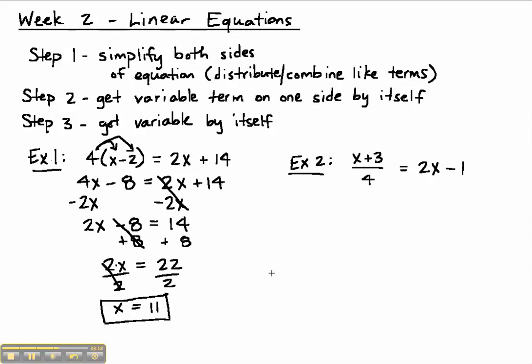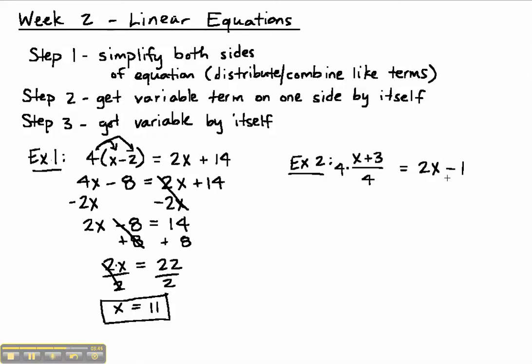For example 2, it's the same principle. There are no parentheses, so we do not need to distribute. There are no like terms on each side of the equation, so we can move on to our step 2 where we get the variable term on one side by itself. We've got an x on the left-hand side and a 2x on the right-hand side. So our first step needs to be,